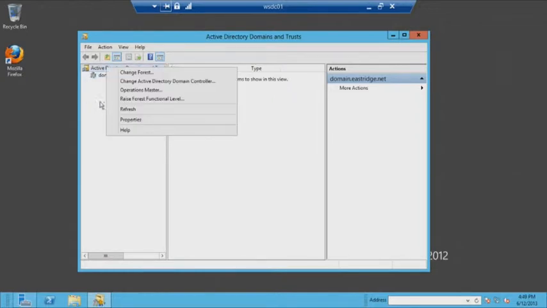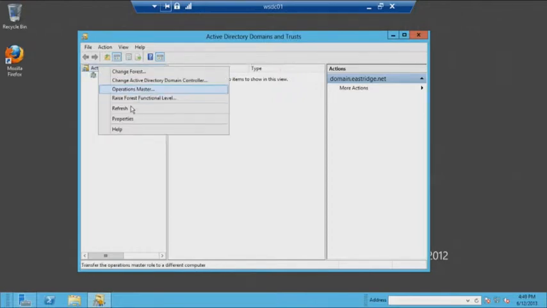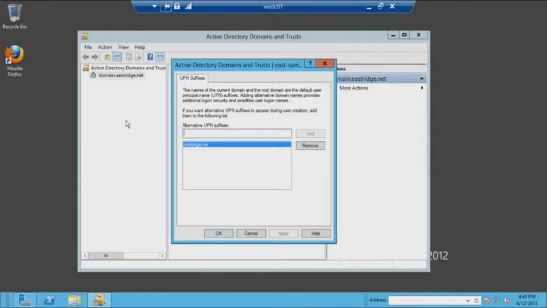I'm going to right-click on the... What's the name of that domain? This is domain.eastridge.net. That's our internal domain. This is pre-.local stuff. Obviously, I'm not C.Oakman at domain.eastridge.net. I'm C.Oakman at eastridge.net. So if I right-click at the very top here and go to Properties,